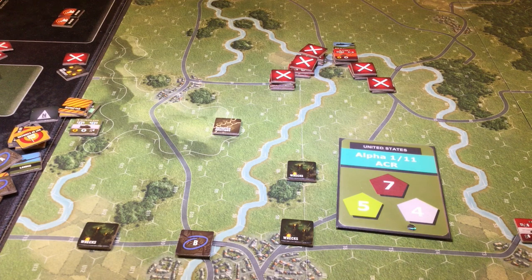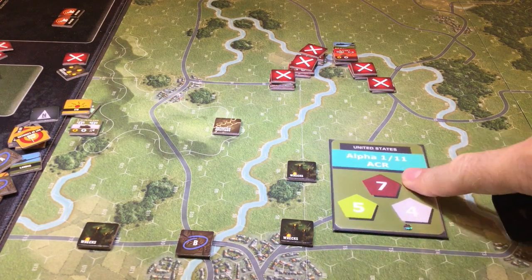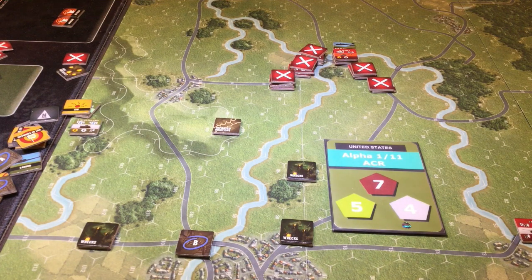Top of turn 7, the first card up is the Americans. They did not pass their EW rolls, so they don't get to degrade the EW. This one's been on there a while. So I think probably about the 3rd or 4th time for that. They pass all of their out of command checks because of the EW. You know, when you're down to 2 units and one of them has a headquarters, you don't have to do a lot of rolling. So it's only one roll that needs to happen. And they actually pass their disrupt roll, so they did a morale check, they had 7 or less based on the troop quality of the unit, and they do pass. Okay,